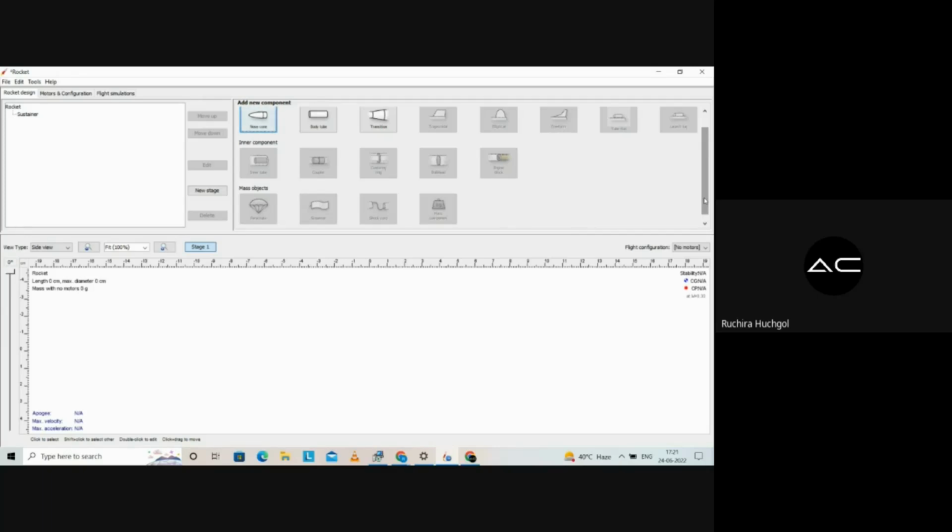Now this recovery system is made up of nothing but parachutes. You must have seen Perseverance landing in the Martian atmosphere using a parachute. What was the purpose there? It was to simply slow it down. Similar is the purpose here in model rocketry. When we use a parachute as a recovery system, we put our parachute sometimes completely into the nose cone, or sometimes between the nose cone and the body tube.